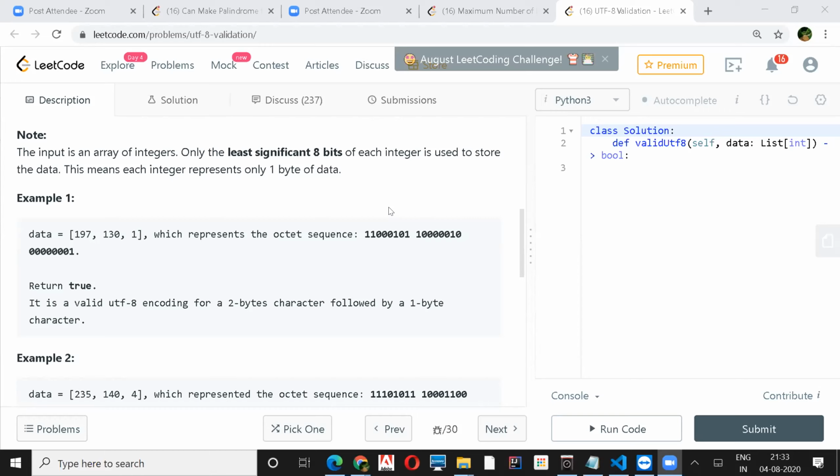Yeah, that should work. But you have to be very careful with that zero also. That is the end bit, right? Which says it's 2 bits, 3 bits, or 4 bits. So we have to look for that zero also. Suppose it is greater than 2 power 8, we remove that. Then it is greater than 2 power 7 also, we remove that.